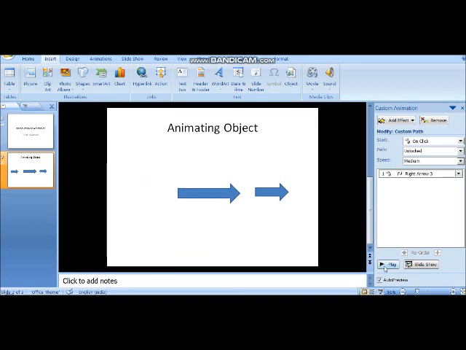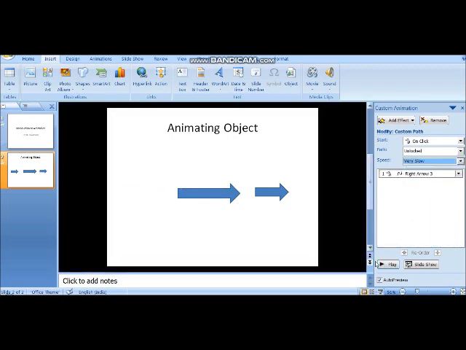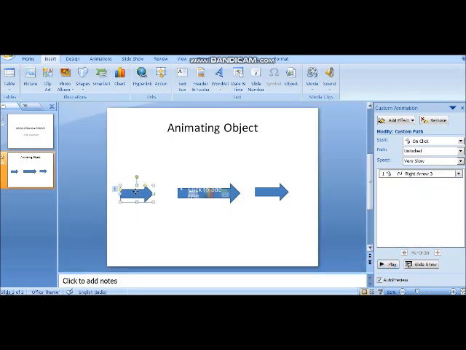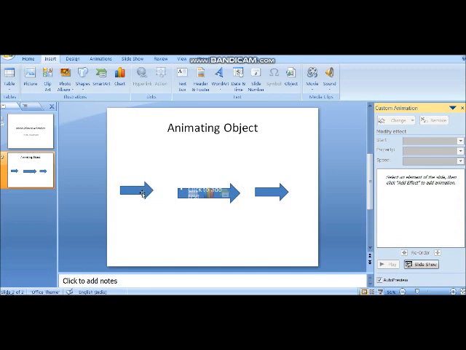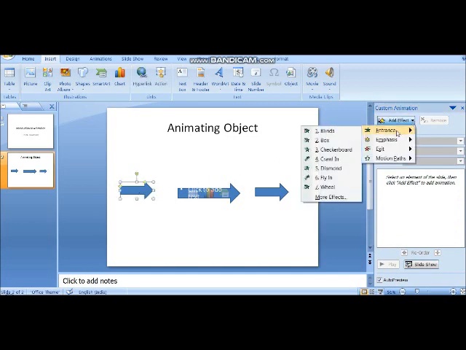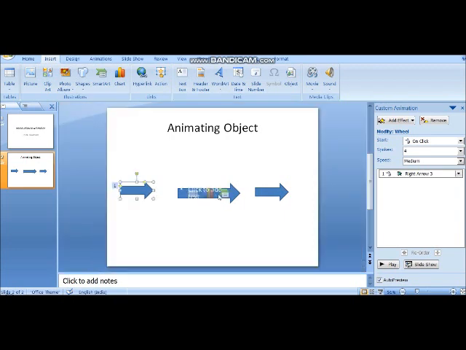If I play that, it will go there in very slow motion, it will be displayed like this. Or if I don't want that, then remove that. Suppose I want some other type of animation at the time of entrance, so I'm going to give that.